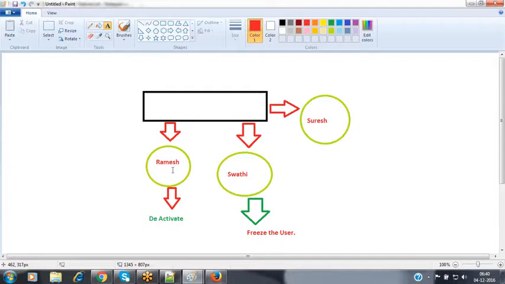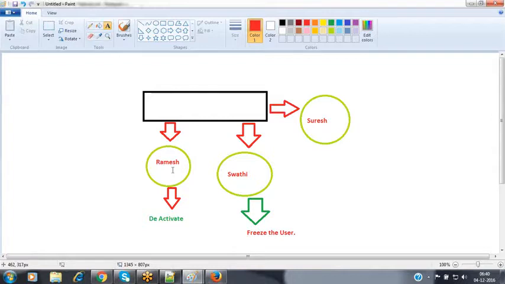Now, whenever you are leaving the company, what happens? Whatever resources the company has provided to you, you have to return all those resources. In the same way, whenever I'm creating this Ramesh record, what I have assigned is a license. Whenever you are deactivating the user, that license will be returned back to you. So in Ramesh's place, you are going to recruit one more resource, and to that resource you can assign that license here.